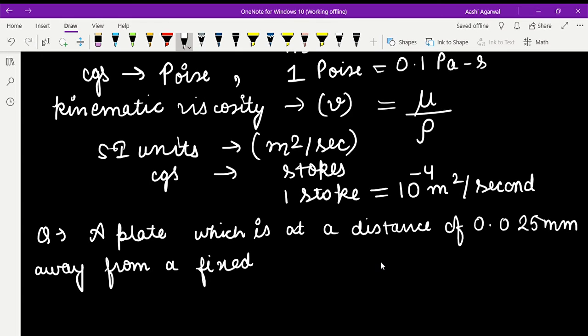So there are two plates basically, one is fixed and one is moving. The one which is moving is at this much distance. Now this plate which is moving, it moves at 60 centimeters per second. This much is the velocity of the plate,